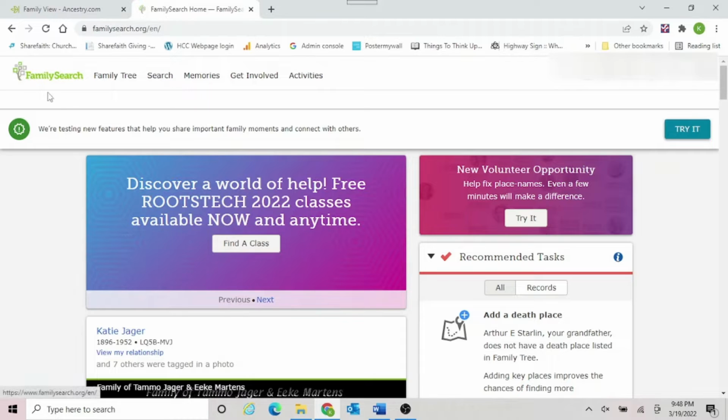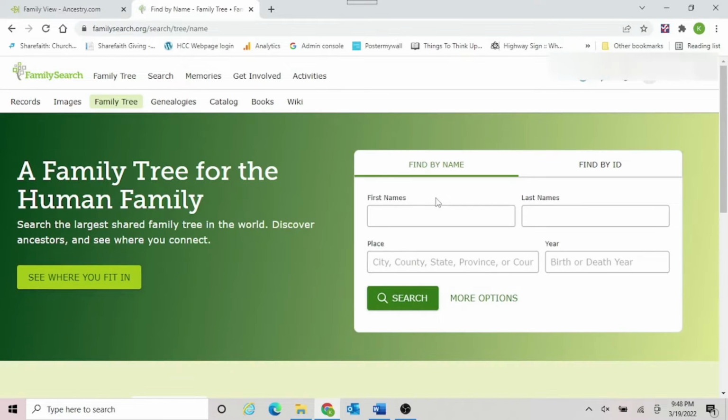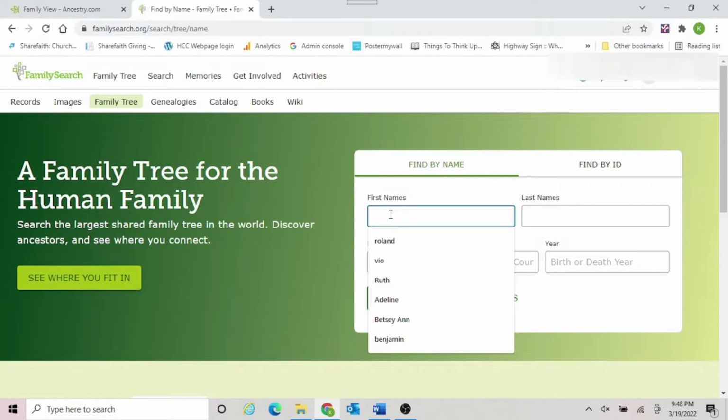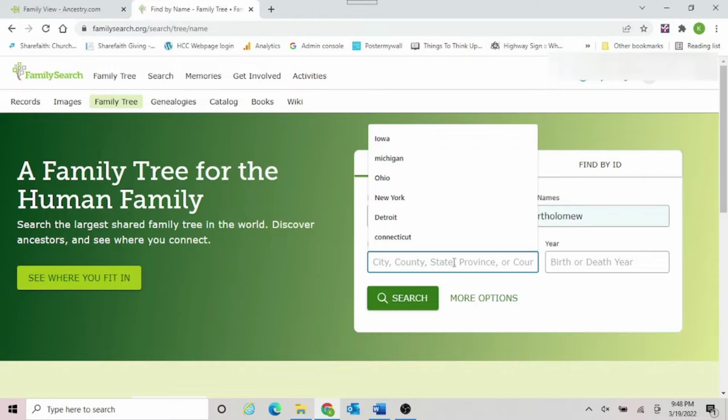And we come to the familysearch.org website. We click on the search button. The last time we did a search for just records, this is a standard record search. This time we're going to scroll down, we're going to do a family tree search. And you'll go to a very similar screen as you did for the regular one. We're going to type in the information we know, Vio Bartholomew. It's already in there because I searched for her last time,